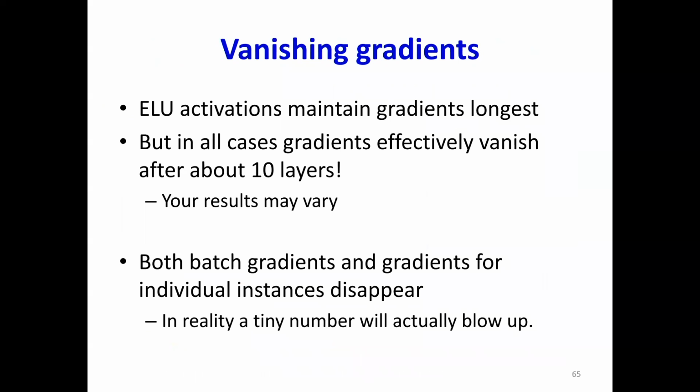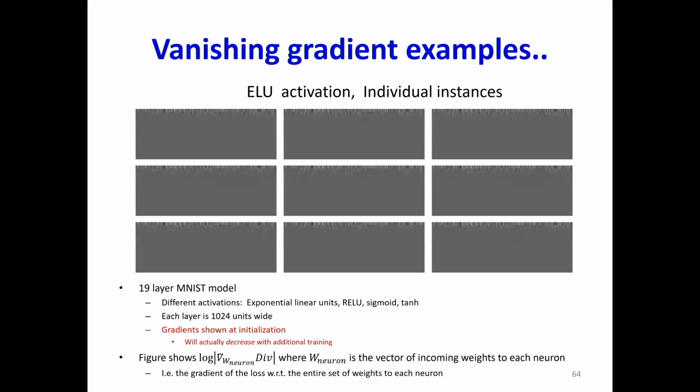I have other pictures for tanh, pretty much for every activation. In fact, the ELU activation is the one that retains the derivatives longest, but it takes no more than 5 layers before the derivatives become vanishingly small. Now, they haven't all become vanishingly small. There's a small number of derivatives which have blown up to a very large value, except you can't see them, right? So what does this mean?